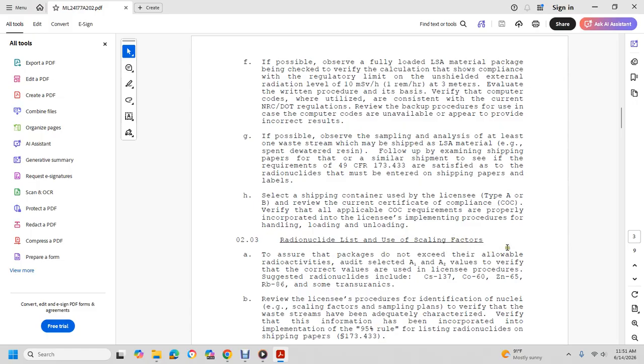Ensure the package does not exceed the allowable radioactivity, selected A1 and A2 values. Verify with the correct values. The license procedure suggested radionuclides include